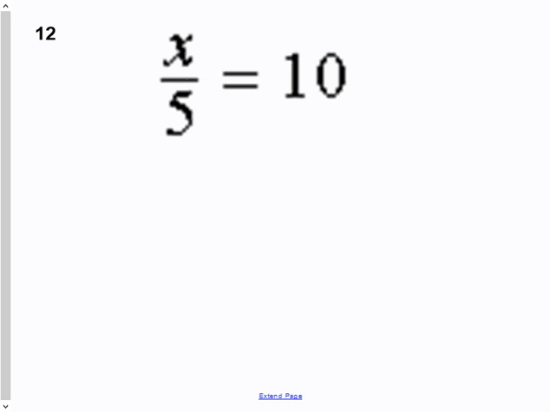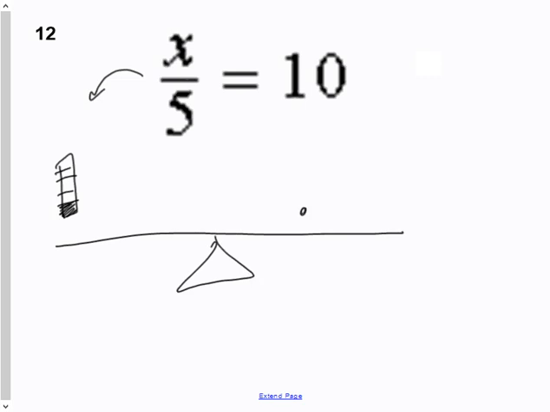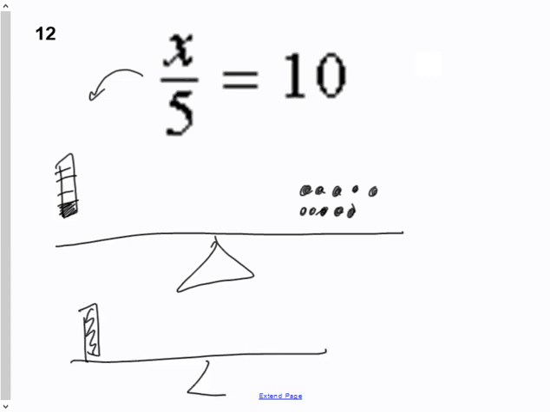Okay. So remember when we drew this number, x divided by 5, we said it was a fifth of x. So if I think of x divided into 5 parts, this is what it would look like, is equal to 10. So when I have a fifth of x is equal to 10, remember our goal is not to know what x divided by 5 is, but rather what 1 full x is. And the question is, how many of these do I need to make one of these? And the answer is you need 5 of them.